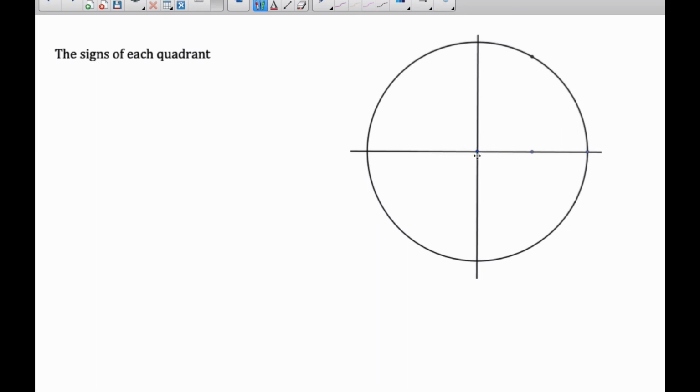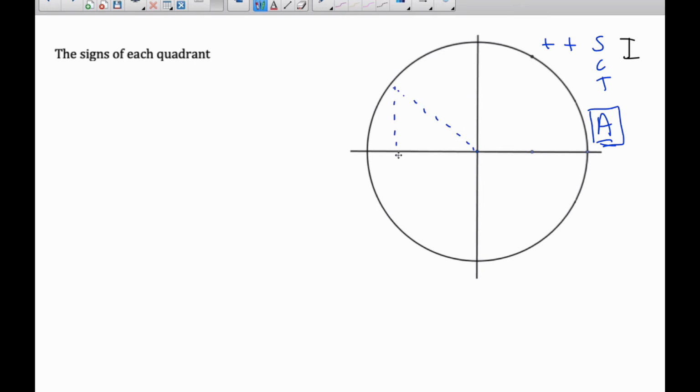I know if my angle is in here, my x value here is positive, and my y value here is also positive. And so my sine is positive, cosine is positive, and tangent is positive. So they are all positive. If I go into the second quadrant, this is the first quadrant here. If I go into the second quadrant, which is over here,